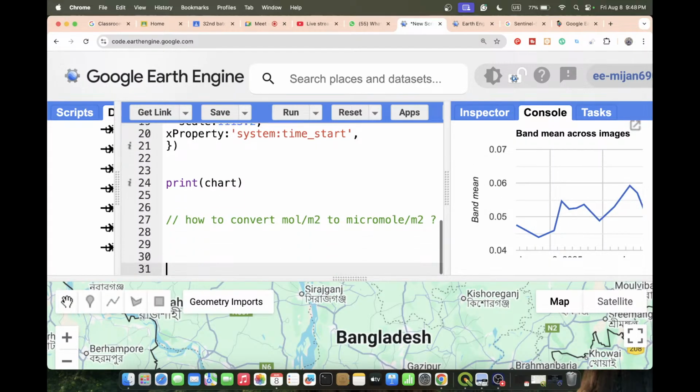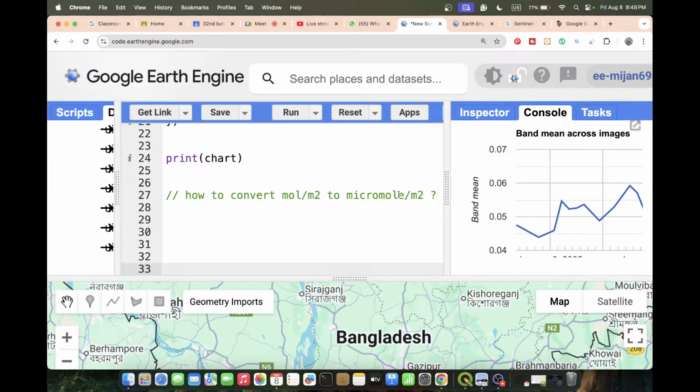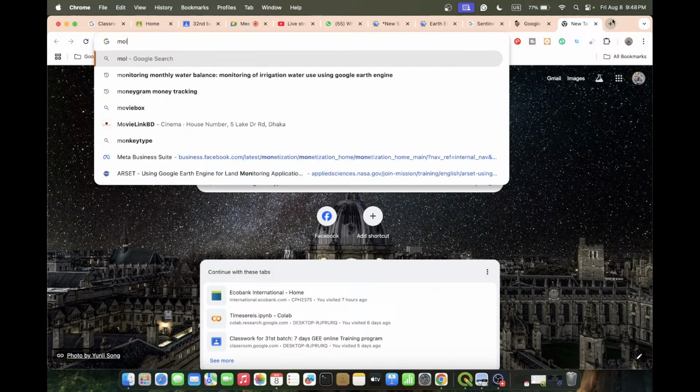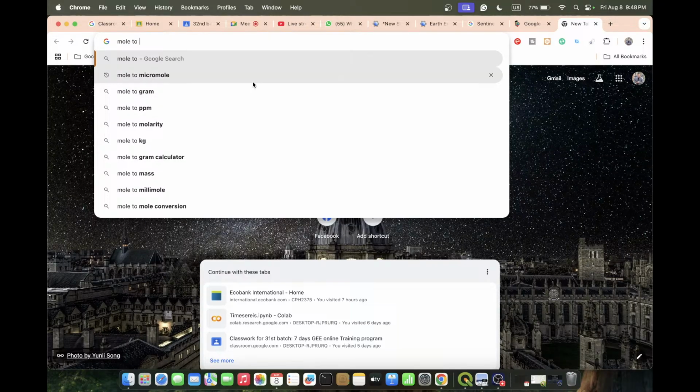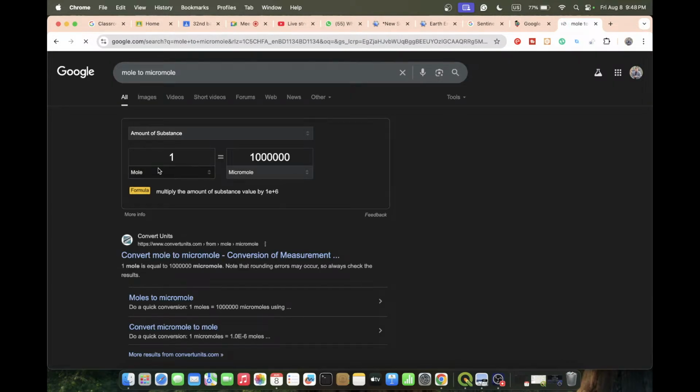How can I convert mole to micromole? If you simply search on Google, mole to micromole, we can easily get this type of equation. This is the formula: multiply the amount of substance value by this value. When you multiply this value with the mole result, you can easily find the result in micromole